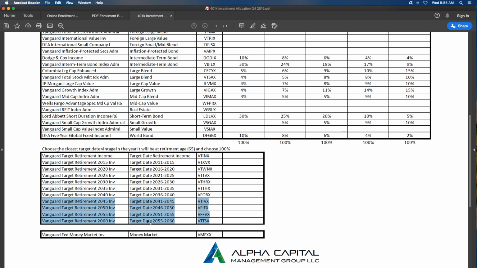So the reason why is that the vintage series actually gets retired every 5 years. So the 2020 fund would be the most appropriate one. And ultimately, what will happen over the next year, because the 2021 became the most relevant one now in 2020, is that this 2015 fund will actually drop off and get invested into this retirement income fund. So eventually, in probably the next 6 months to the year, this 2015 fund will no longer exist, and then